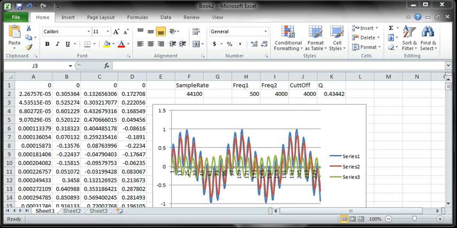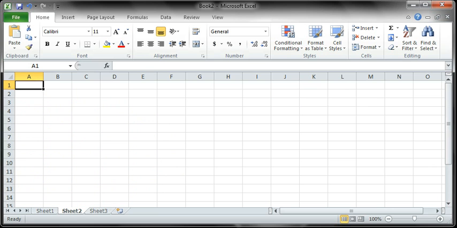Alright, what I'm going to try and look at now is see if we can demonstrate that high frequency error that's introduced when you use a frequency times time piece in your equations for generating your wave. So what I'm going to do is just start a new sheet here real quick. Let's move to the next sheet, and we'll go through and do sample rate again, 44100,